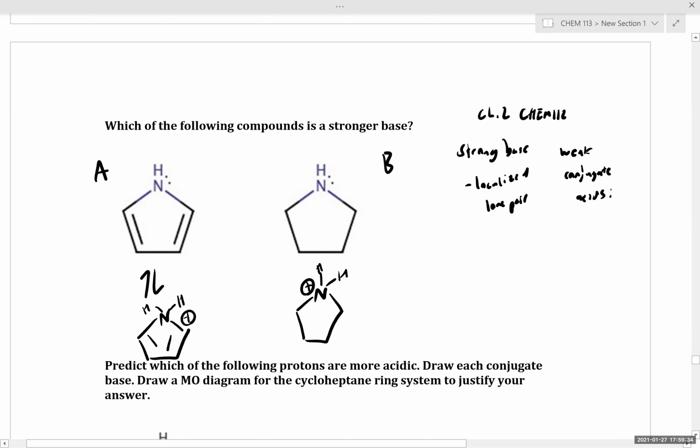So if we think about this protonation step for a moment,